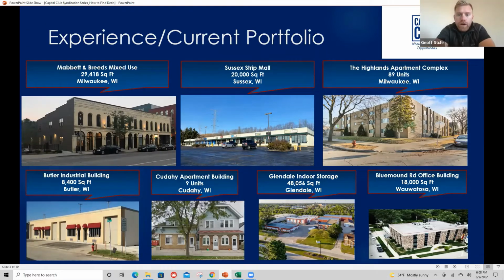This is our current portfolio. We initially started out to be a multifamily syndicator, a multifamily real estate private equity firm. And then we decided we're going to branch off and be opportunistic and look for value-add opportunities across numerous asset classes. Now, I say that, and we went a little bit too wide. We're probably going to rein it in a little bit. As an example, we bought the office building in the bottom right corner there a month before COVID hit. So that's not really an asset class we're going to be looking at anymore.